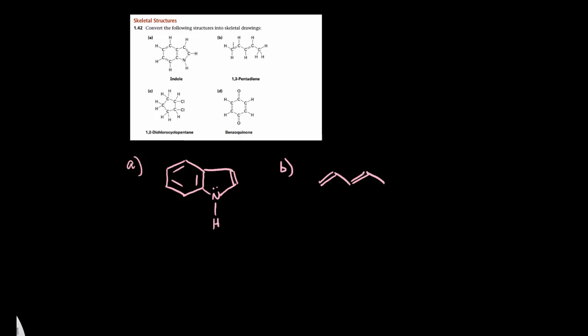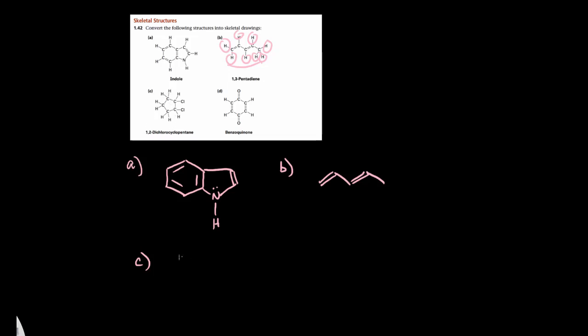So here is this molecule here, 1,3-pentadiene, and here's the skeletal structure. So we're assuming the presence of all of these hydrogens, and we're just putting in the carbon skeleton with the 2 double bonds there. So let's look at C,